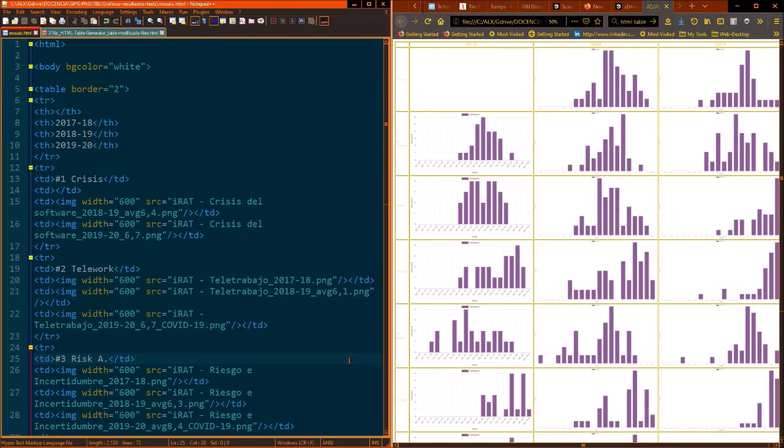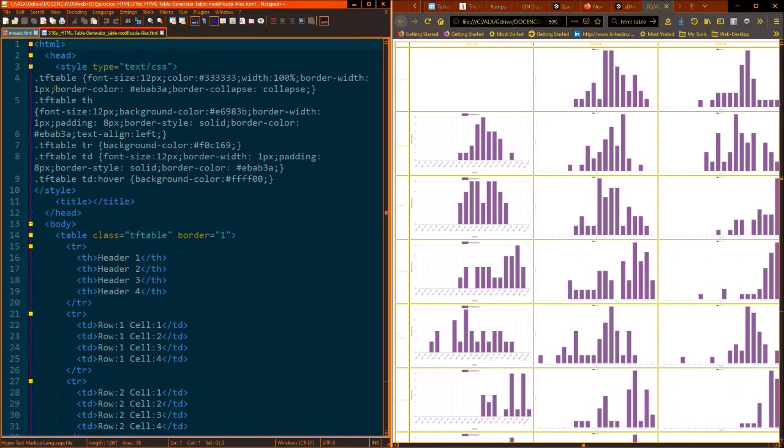Okay, finally, what I can do to make the table look nicer is simply to copy some styles that I have here for a table from another file. And I have to include this head style section. I could have used an external style sheet, but this is a set of internal styles.